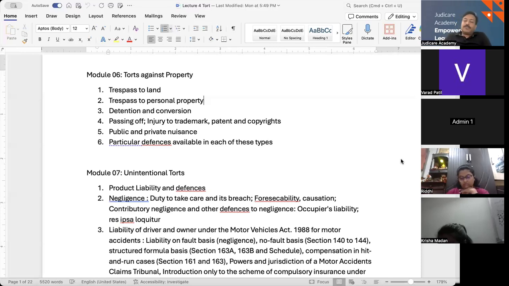For example, passing off: a company selling imitation perfume that closely resembles a well-known brand without disclosing that they are fakes. So how do they disclose they are fakes? They should have told, we are not part of so-and-so company, we are from so-and-so place, we are made in India, and this is not a French company. So imitation products are passing off.